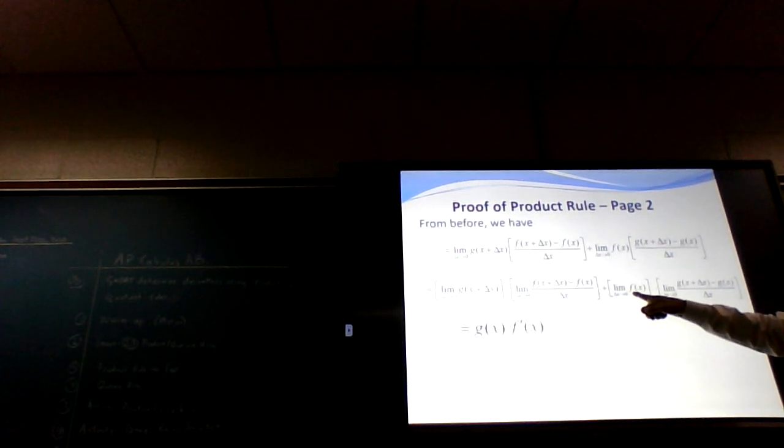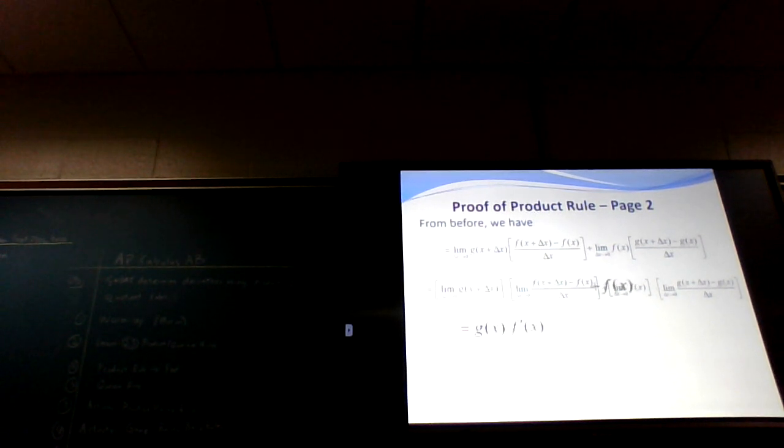Well, here I'm taking delta x going to 0. There's no delta x, so guess what that is? That's just f of x. And finally, does anybody recognize what this is? It's the derivative of g of x. Guess what we have? That is our